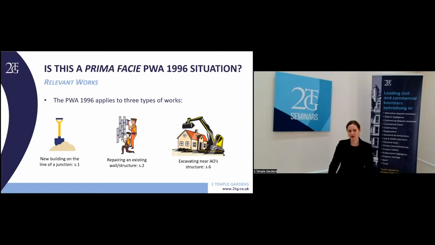The other component to Section 6 is the definition of a structure. Now, as far as I know, there is no authority directly on that point. But for my money, a common sense view would suggest that any built structure that is attached to the land in a reasonably permanent fashion would be a structure within Section 6, but something that lacks those characteristics would not be. So, for example, a swimming pool, or a summer house, or even maybe a substantial brick-built barbecue would probably be a structure under the Act, whereas a plastic garden locker, however big, probably wouldn't be.